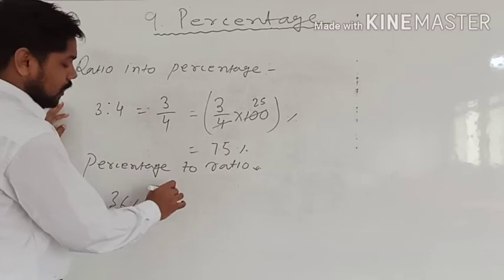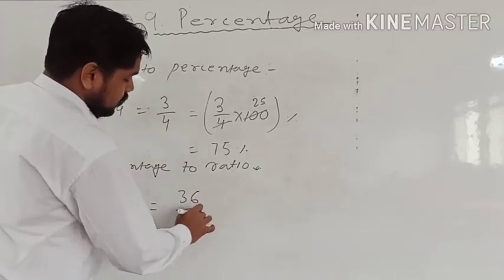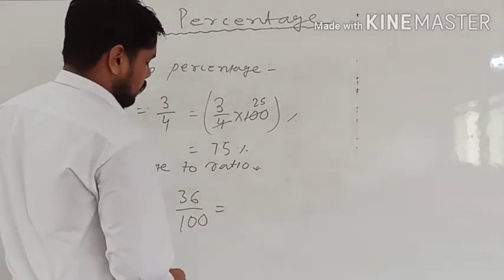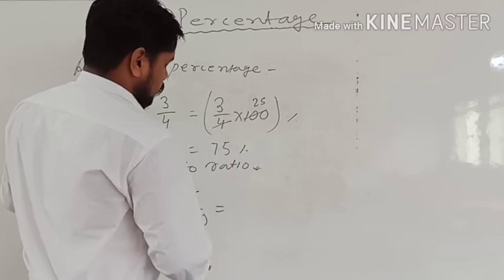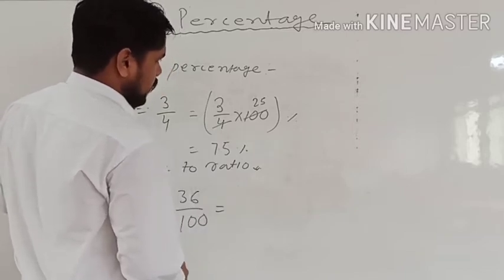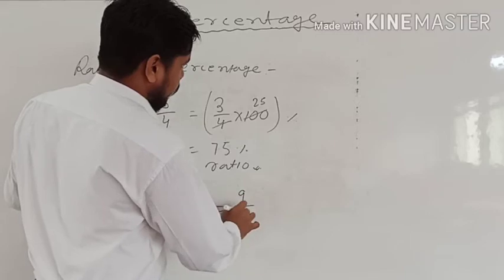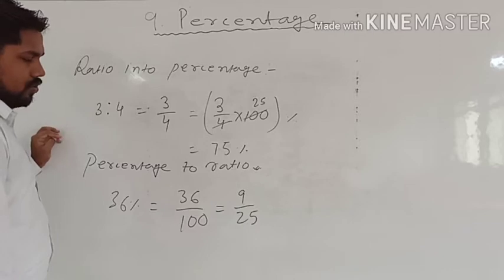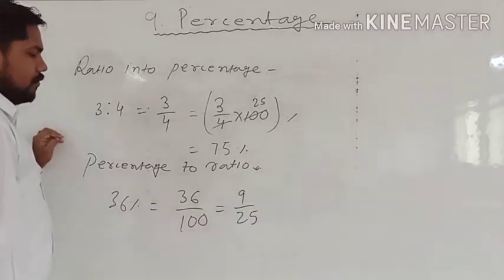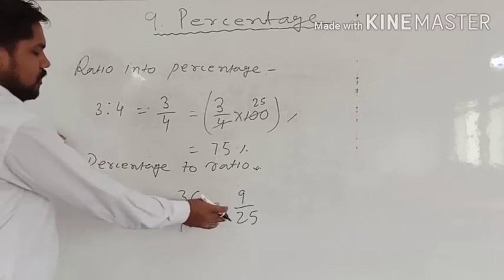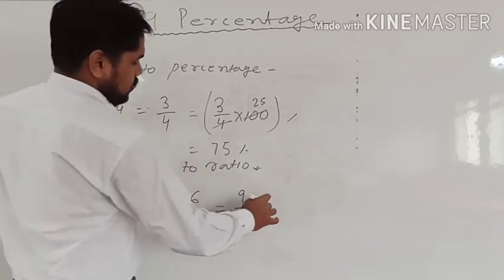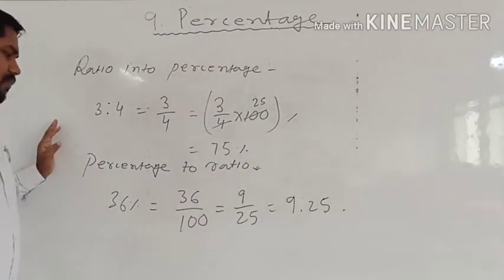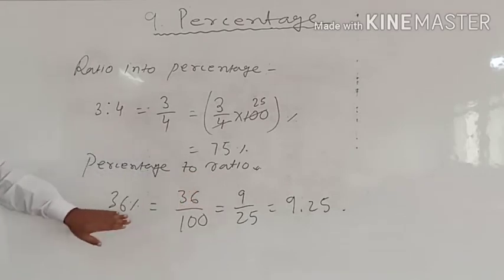36% if you convert into a fraction, it will be 36/100. So 36/100, if you reduce into the lowest fraction, then you have to check the HCF of the numbers. So it will be 9 divided by 25. 4 times 9 is equal to 36, 4 times 25 is equal to 100. Okay. So 9 divided by 25 is the fraction. So if you now convert this fractional number into ratio, this will be 9:25. So 9:25 will be the required ratio of 36%.